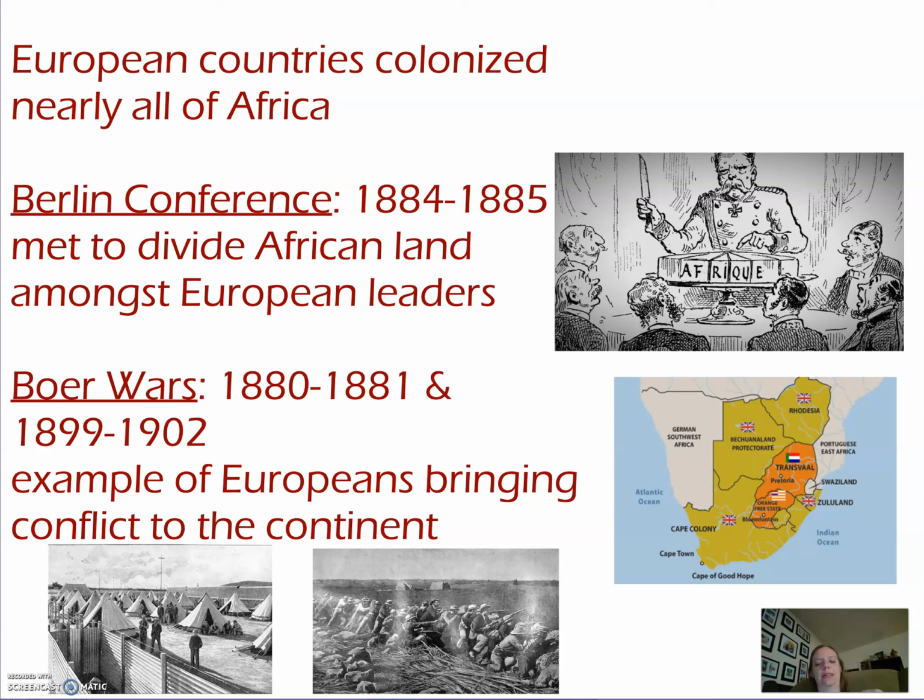So what happened is that there were a lot of border disputes, and not border disputes where the Africans who were living there were successfully fighting off these British invaders, which happens occasionally but very rarely. It was a border dispute amongst the Europeans.